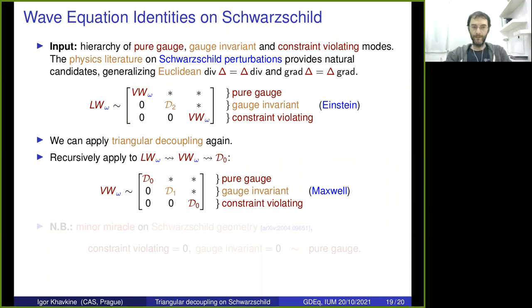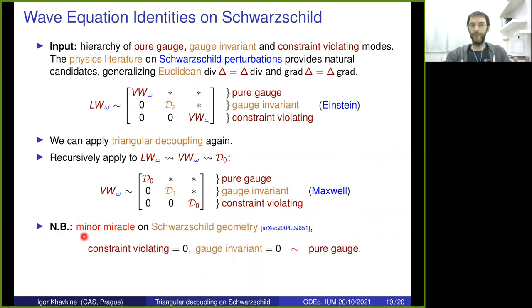Okay, and again, I want to underline that the possibility of using this mode hierarchy and completing it to this triangular decoupling does require a certain minor miracle, which I attribute to the specialness of the Schwarzschild geometry,